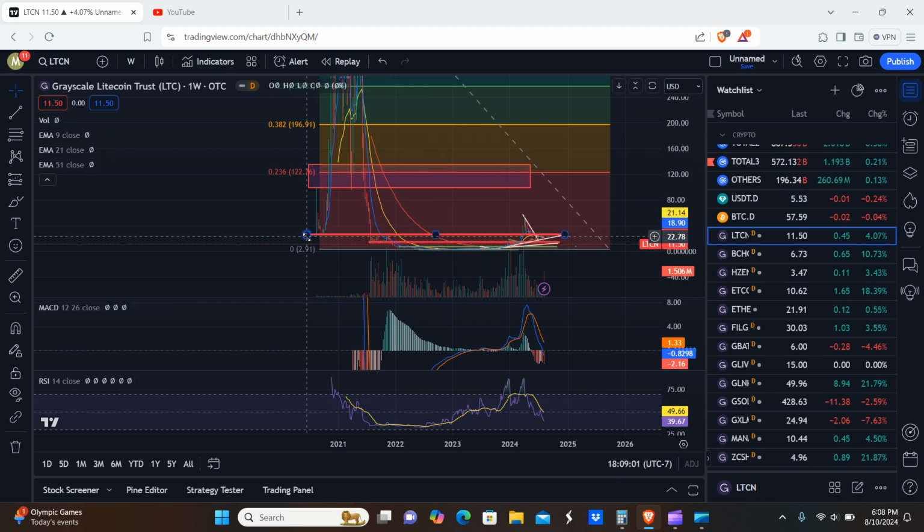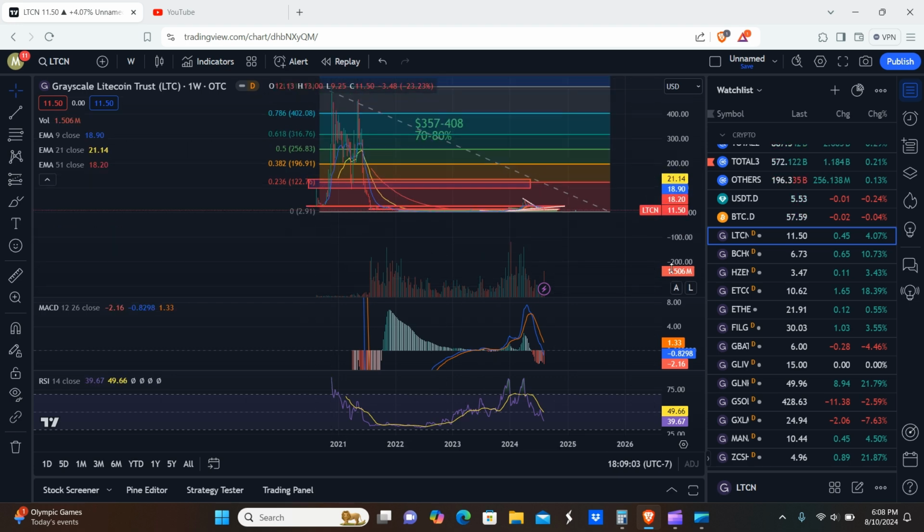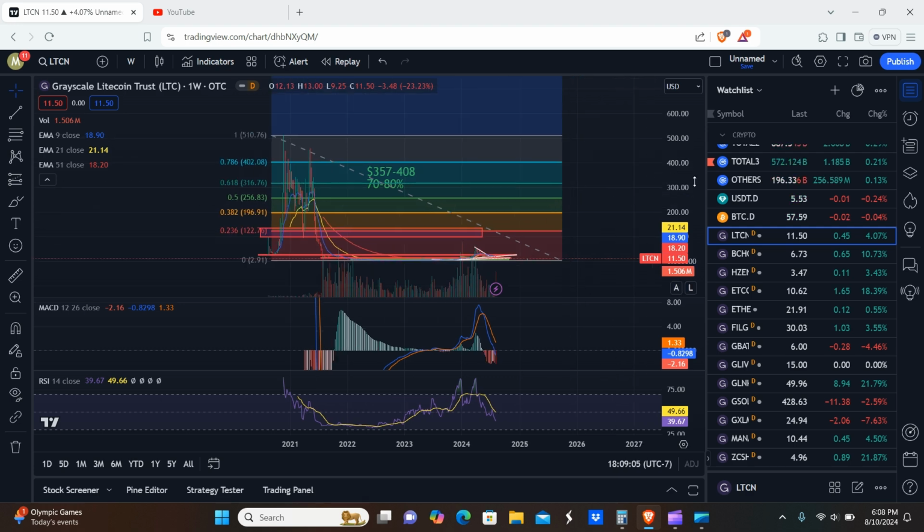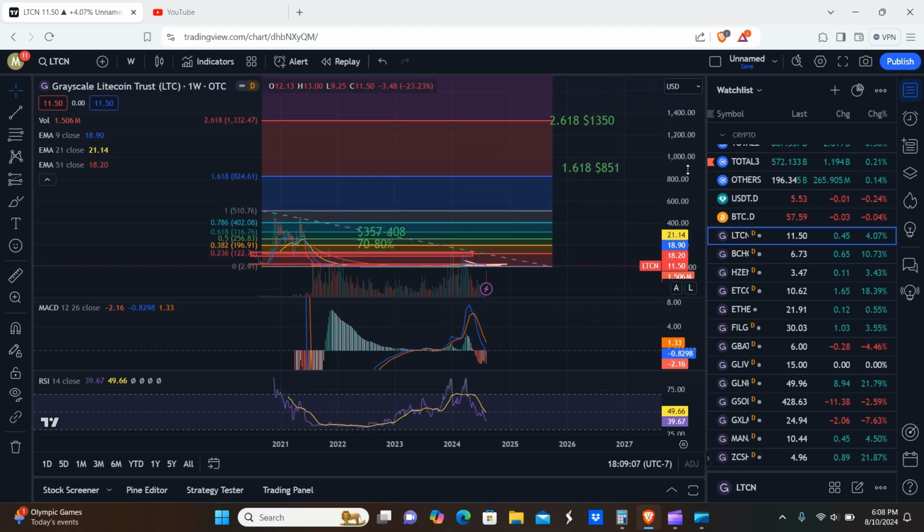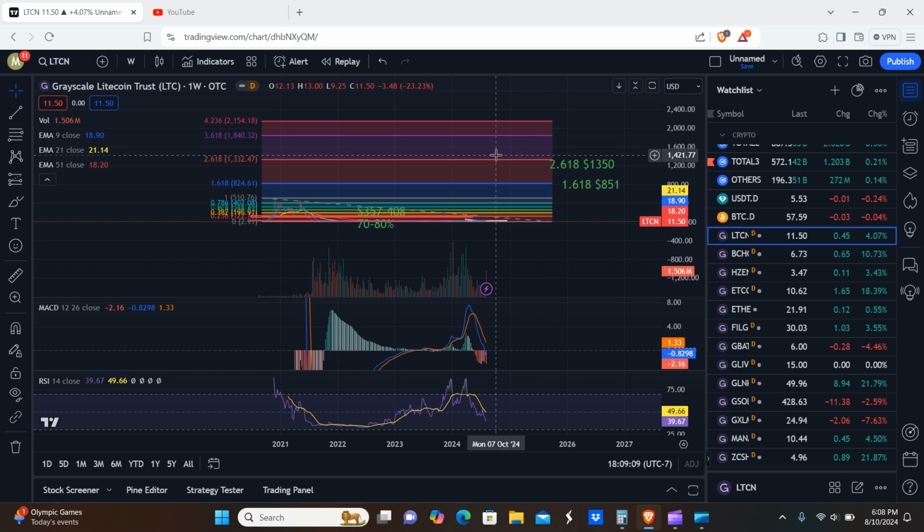But we'll just go with the previous price here. So $20, all the way up to 510. That's basically like a 25x. So that's still a great return in my opinion. So if we're looking at big picture here, you're talking 830, 1300, and then you have roughly about 1850 and I want to say 2200, but that's not quite right. So 2150 here, all the way at the top.